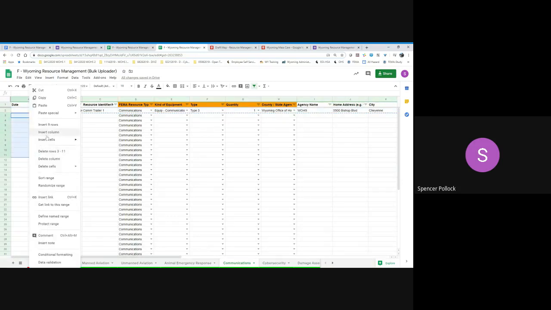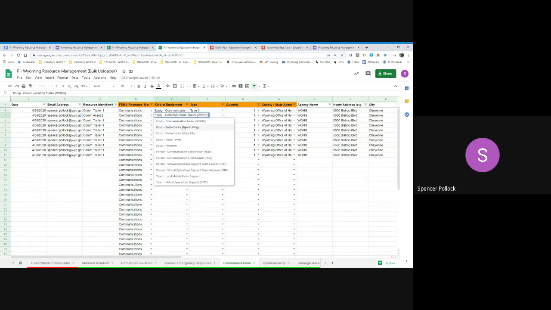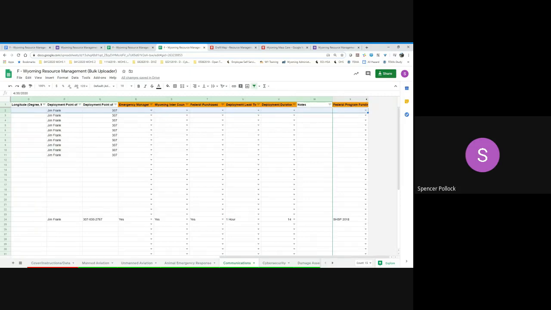So let's say I've got these in here. We'll hit paste. And everything kind of stays the same. We'll change the names to Com Asset 2, just for point of argument here. And I can select what it is, and we'll say that's a radio cache. We'll say it's a type 2 radio cache, and we'll say we have two of them. All the rest of that data is available. Similarly, we've copied that information across, and we're just using the control and shift keys as well as control C.